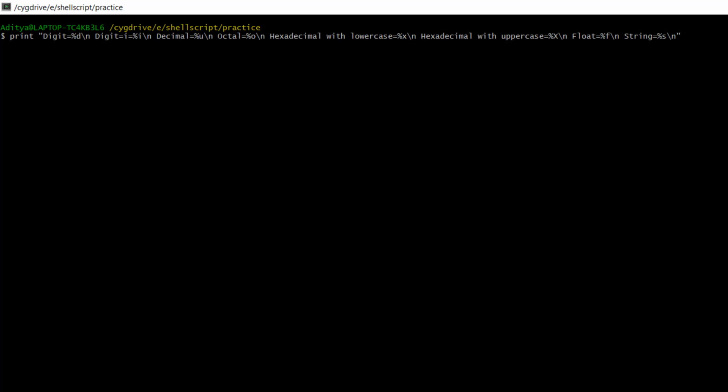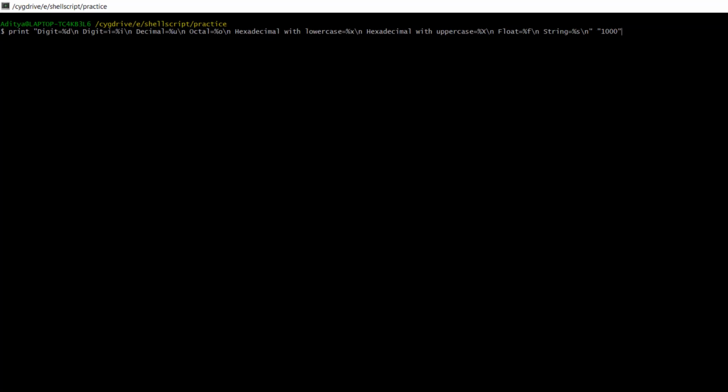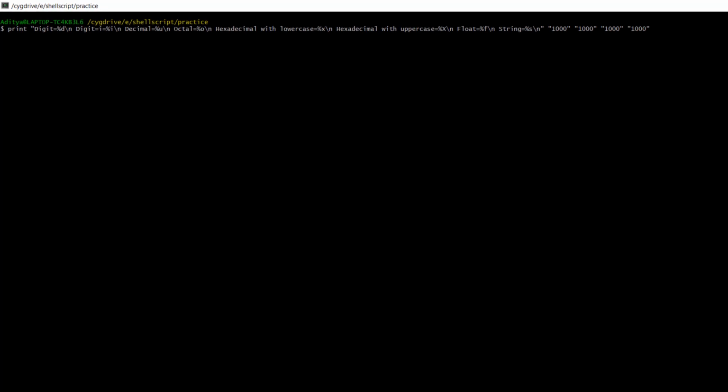Now here I've used first digit 1000, %d. After that %i, again I will give 1000 only. %u, for that also I'm going to use 1000 only. After that octal also I'm going to use 1000 only. Now after octal, hexadecimal with lowercase, I'm going to use 1000 only.